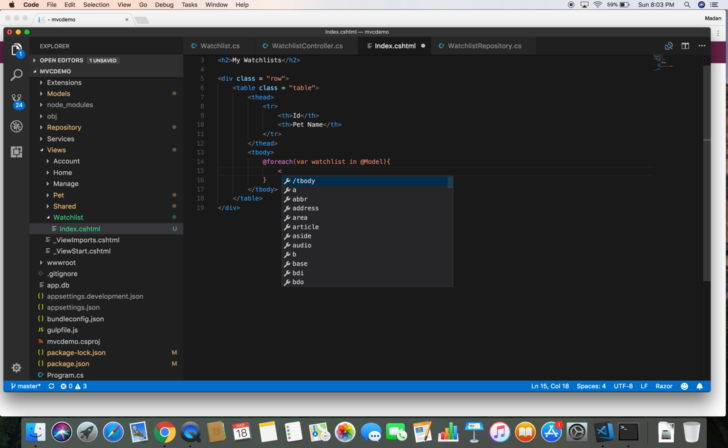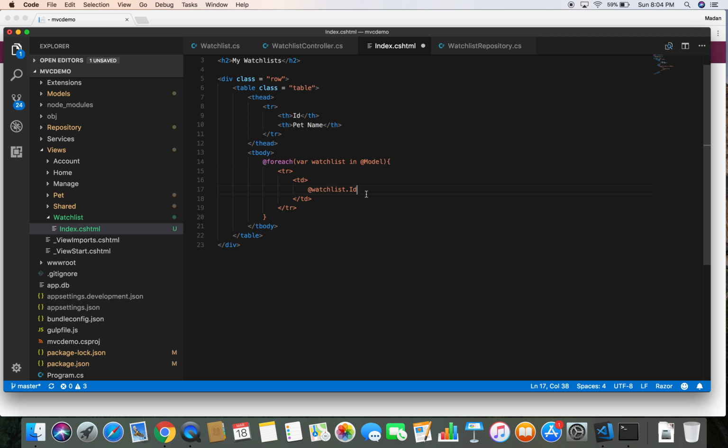So for each item in the watch list we are going to create the table row tr, and inside the tr we are going to create the td, and in the td we will be having at the rate